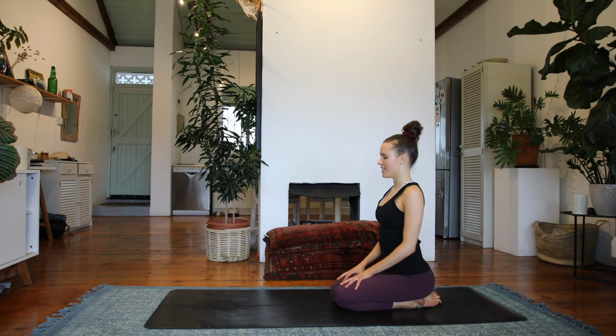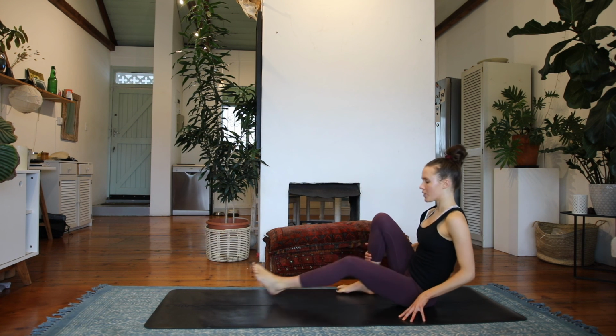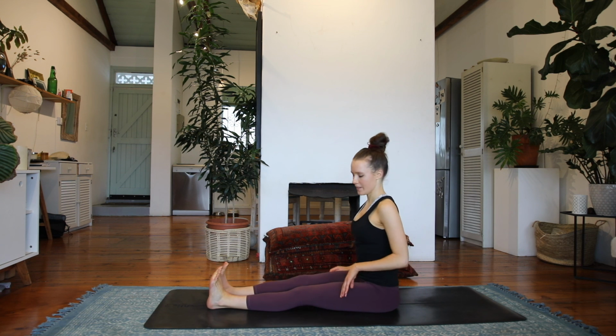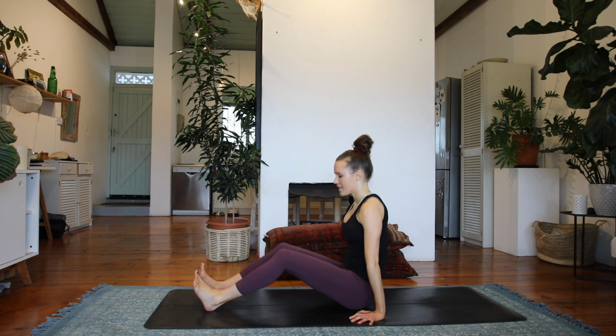On your next breath in, slide your legs over to the right side and then extend both of your legs out in front of you. Straightening them out, flex your feet, bring the hands out alongside the hips, press into your hands and let's find